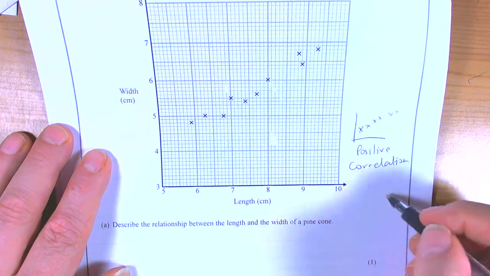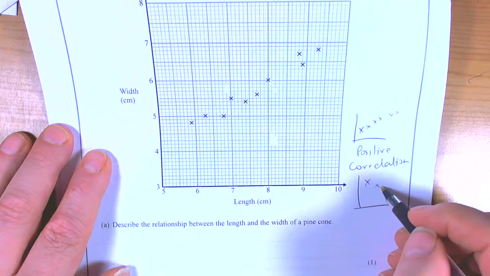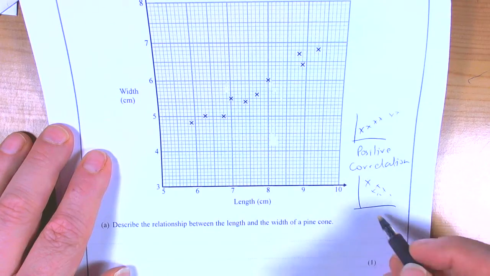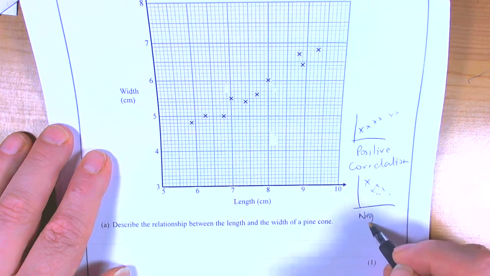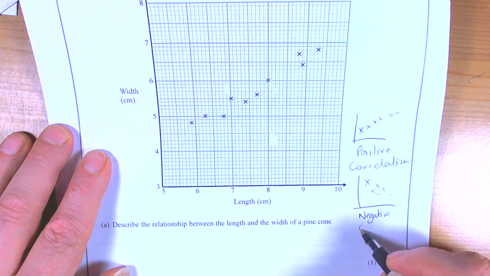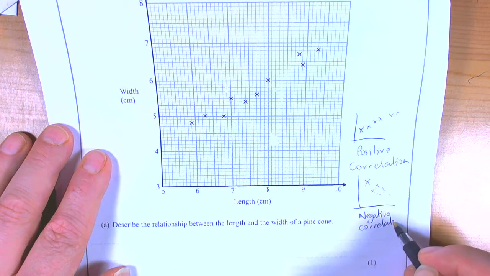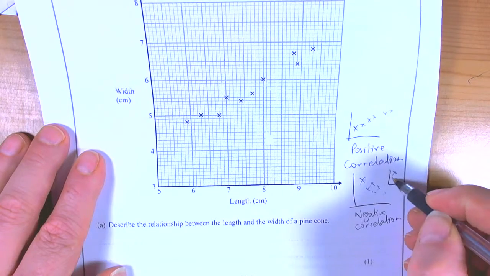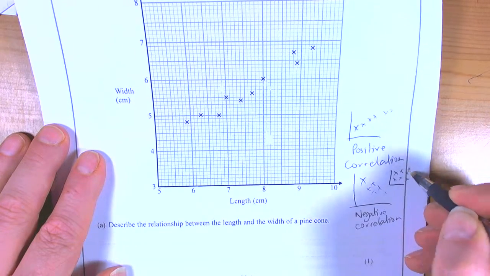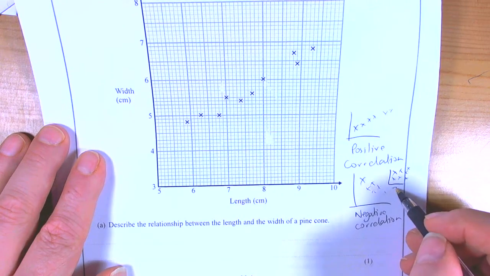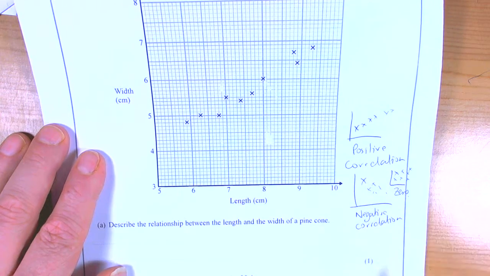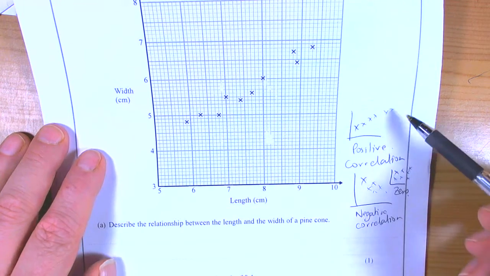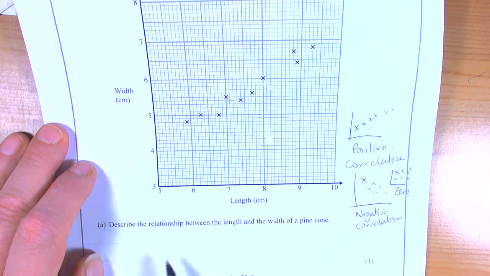And if we have the relationship going in the opposite direction, then that's known as negative correlation. And if we have a graph where the data just seems to be all over the place, then that's got no correlation or zero correlation. So we have to talk about the relationship in terms of correlation,